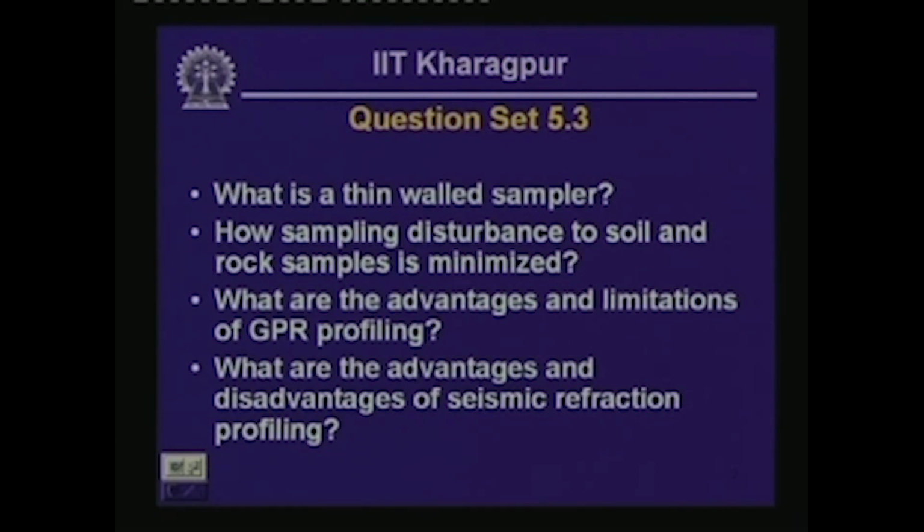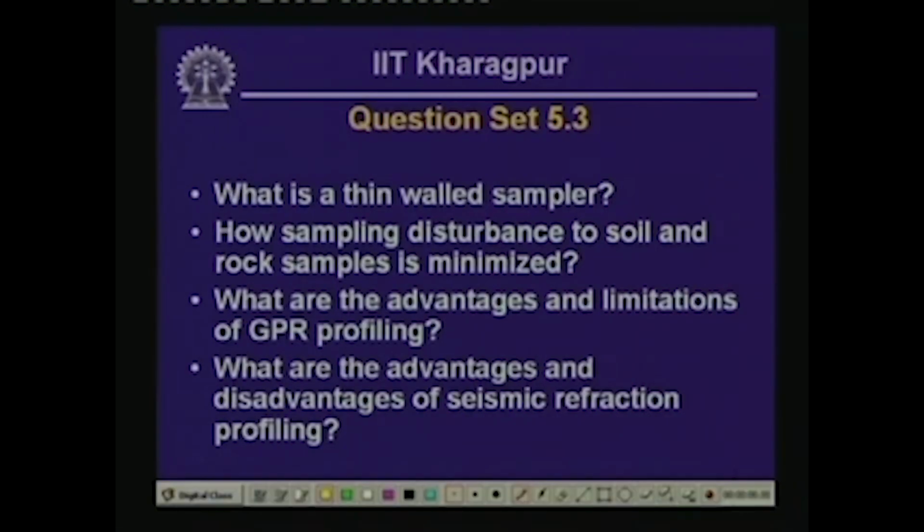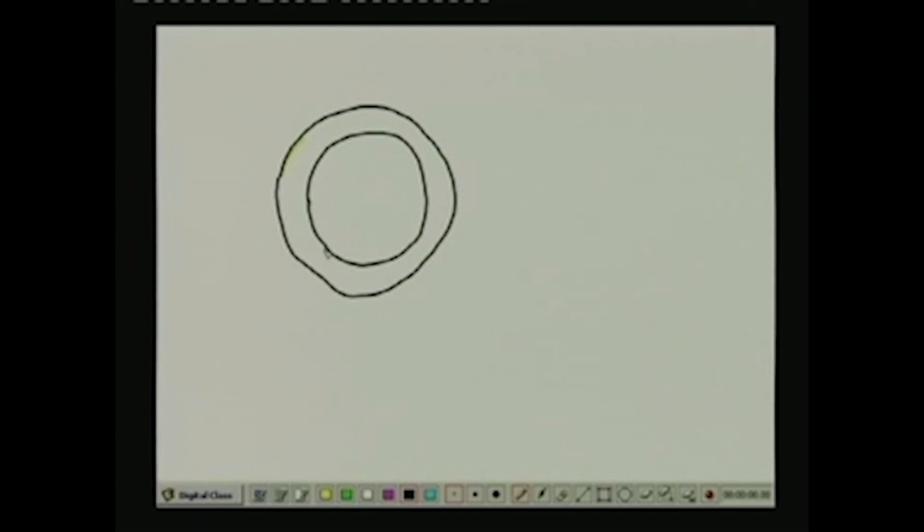As I discussed in the previous lesson, a thin walled sampler is basically a cylindrical tube with a wall thickness equal to or less than 10% of the sample cross section area. So what is meant by that is, say we are looking at the cross section of the sampler. Let us say the outer diameter of the sampler is like this, and the inner wall of the tube is like this. So this is the cross sectional area,